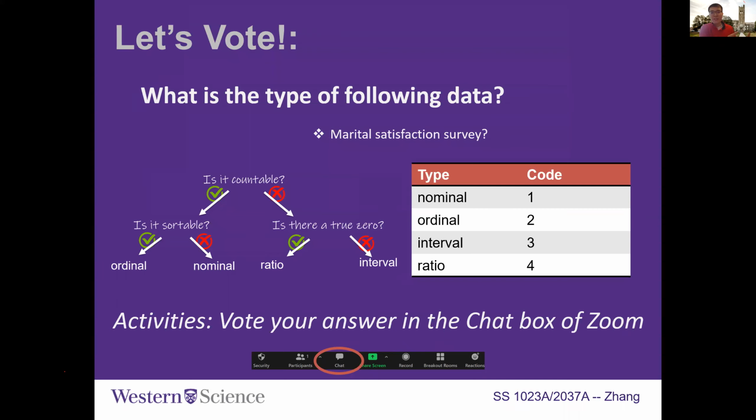Otherwise, if you can't give a name, then it's probably not countable. For example, for the iron concentration, can you give a name for 35% iron concentration? No, right? So if you can give a name to something, for example, for color, I say this is red color, blue color, then it is most likely countable.